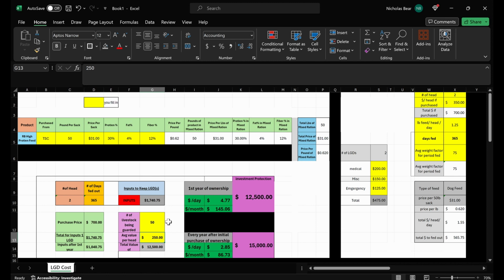Like I said, the number here can be bigger. Let's just say you're running a seed stock quality animal and you're wanting to add 2 puppies to your already existing operation, and you have 50 head of goat or 50 head of sheep or goats or both, and you value them a little bit higher. Let's say you value them at $450 a head. Look at that. The possibilities of this sheet are pretty much endless when you start thinking about it in the big picture,